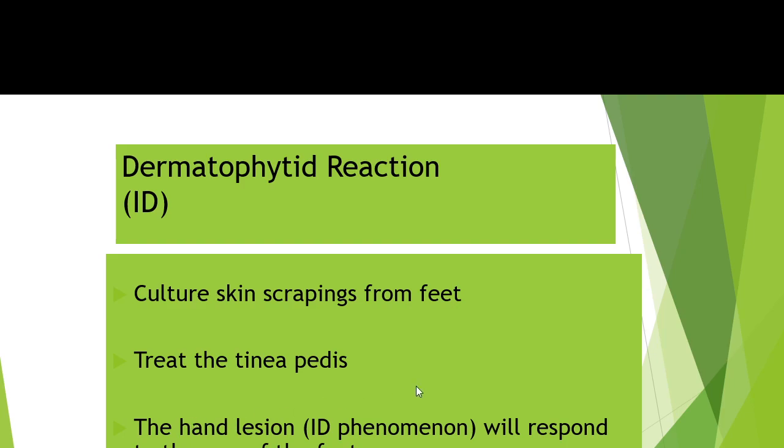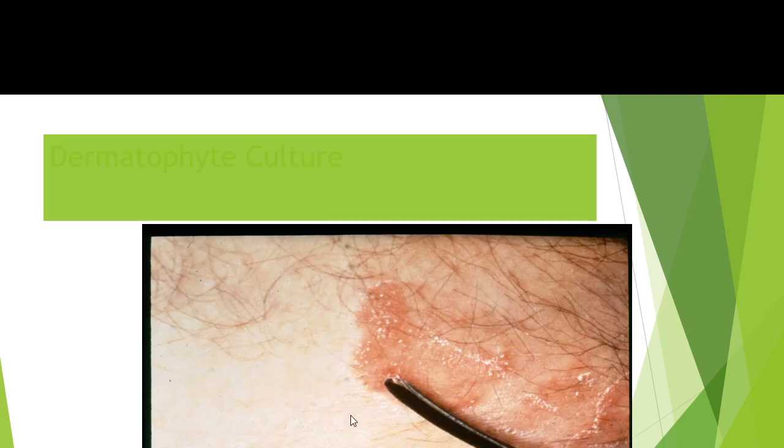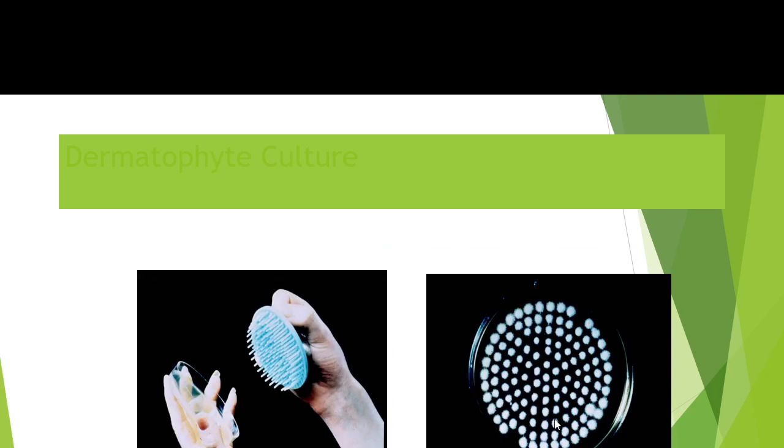Just like a tuberculin test: you get infection in the lung and you apply tuberculin in the skin, you get an immunological reaction, and the mode of action is really not in the principle of the agent. Here we have a culture technique. We scrape the edge of the lesion and take it inside a paper or a glass tube or on a slide, or from a contaminated brush, and culture directly on Sabouraud dextrose agar,